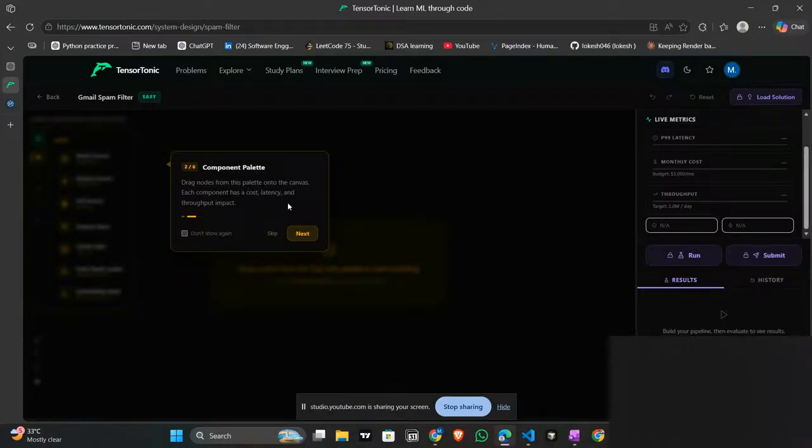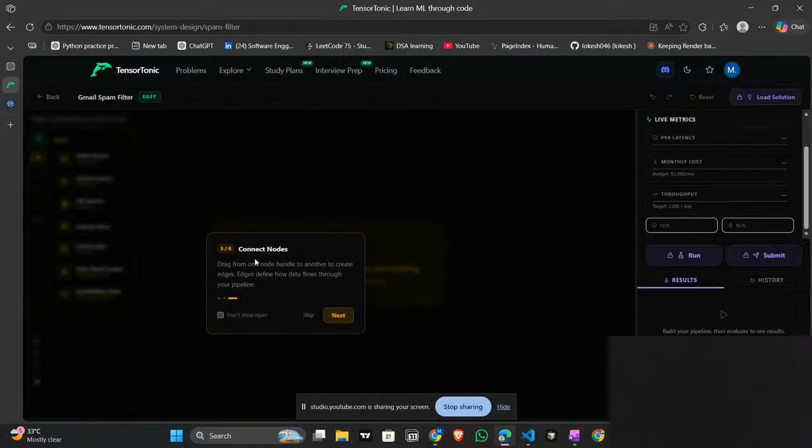Each component has a cost, latency, and impact. Connect from one node handle to another to create an edge. Edges define how data flows through your pipeline.